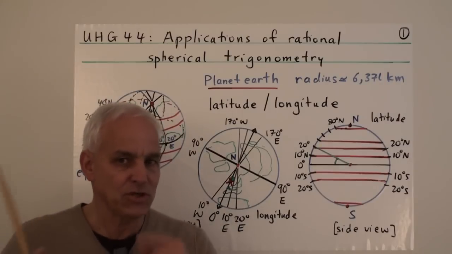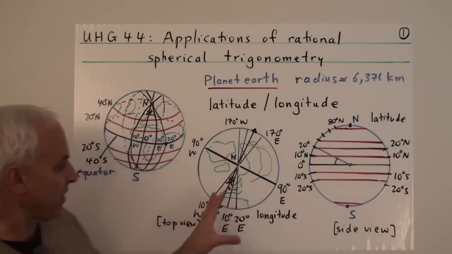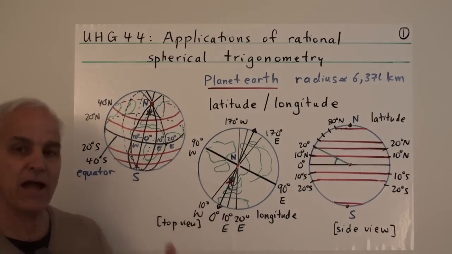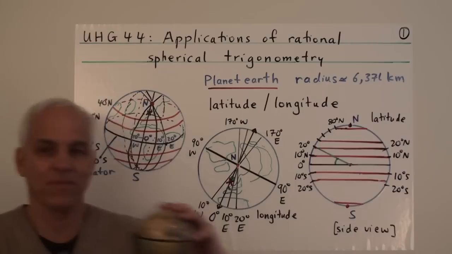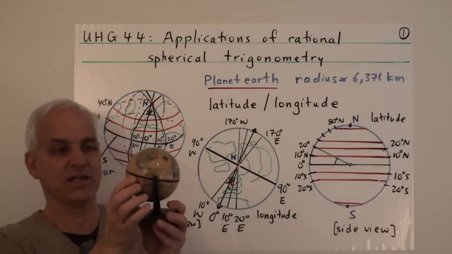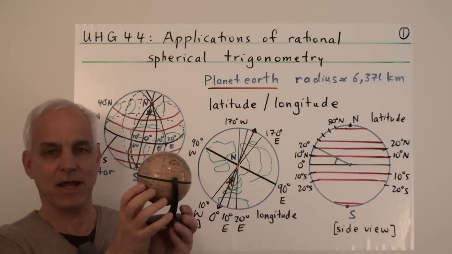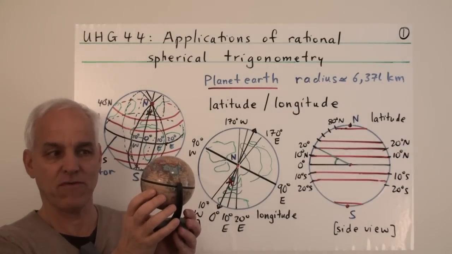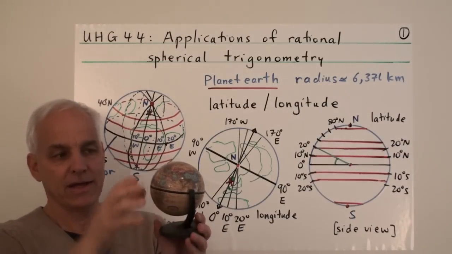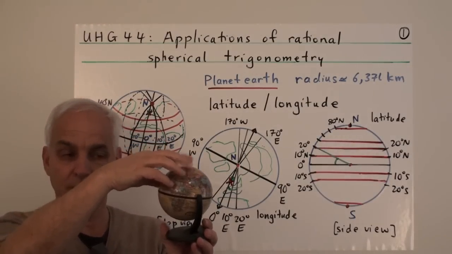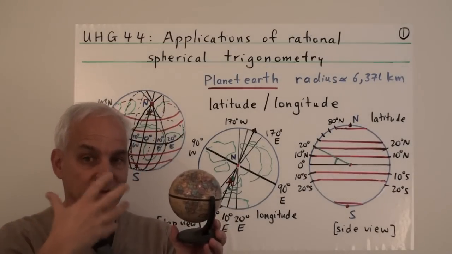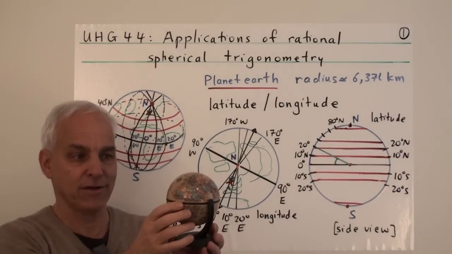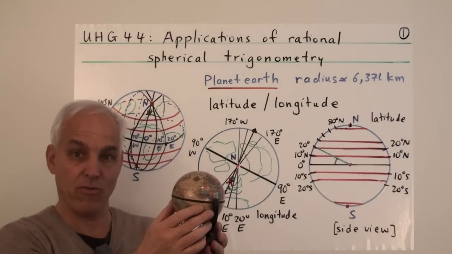Now the role of these two angles is quite different. The role of the longitudinal angle is quite natural from an astronomical point of view, because after all, the Earth is in space spinning around like this once every 24 hours. And it's doing so uniformly. So if you're an astronomer and you're watching the night sky outside, you're going to have to take into consideration the fact that the Earth is rotating at a uniform rate.